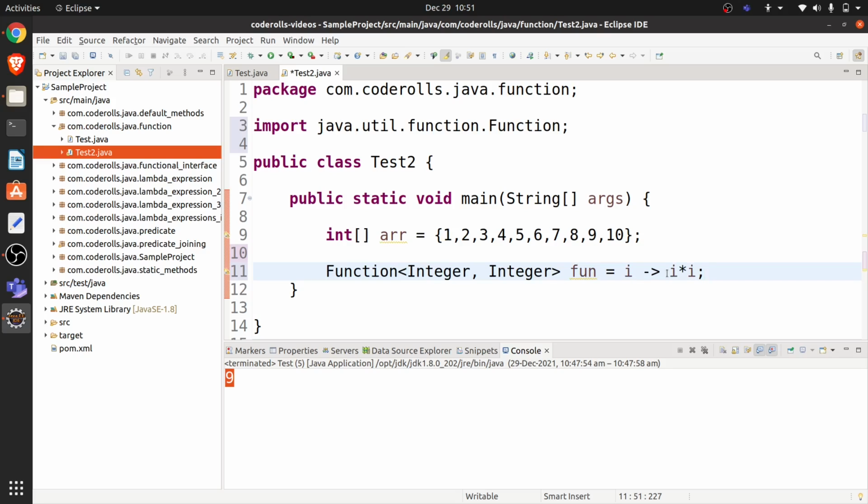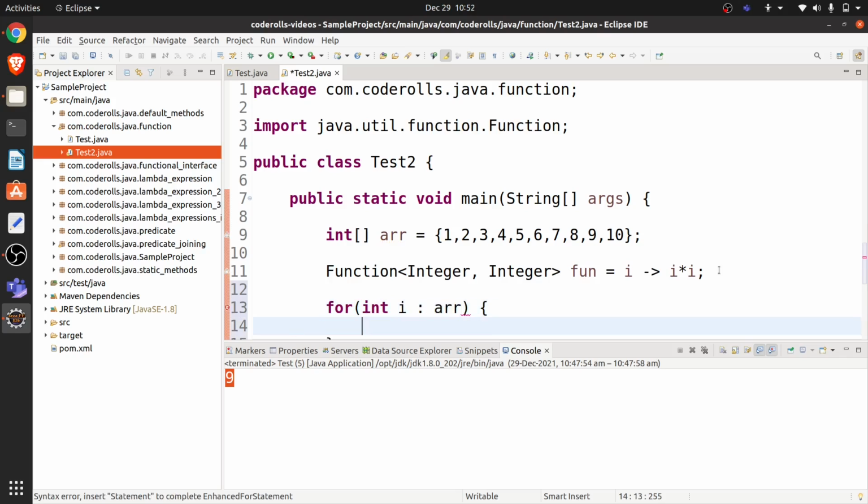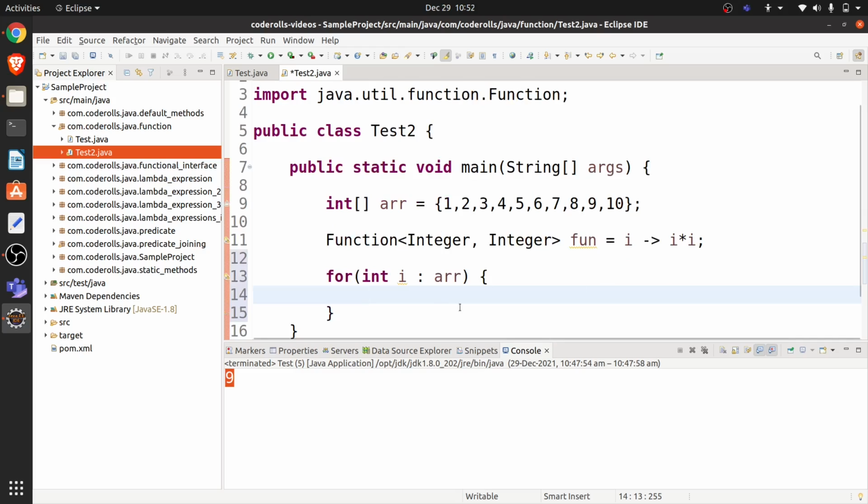Okay, yeah, our function is fine, and we will be simply iterating over the array. So let me write one simple for loop, int i, and simply print it.